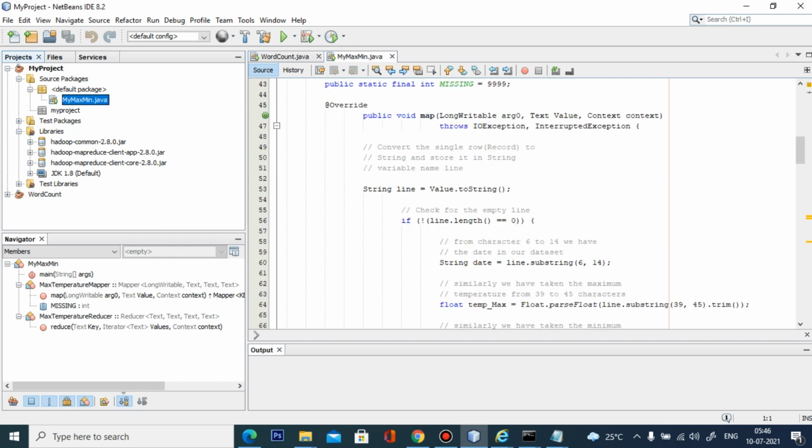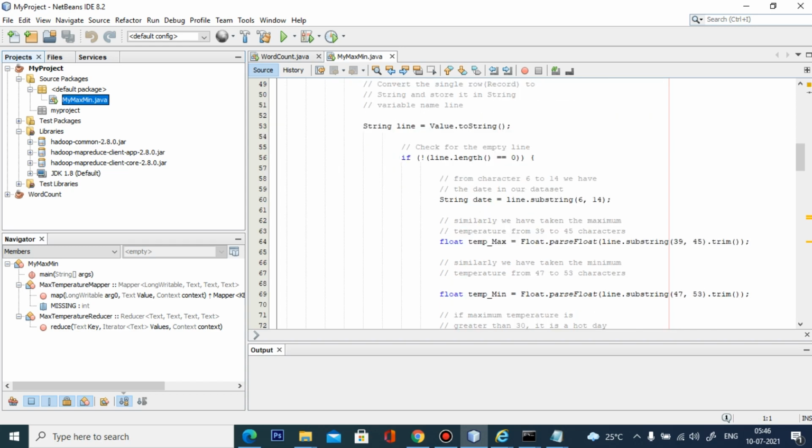Here we get the entire line, convert it into a string, and assign it to the string variable line. Next we are going to check for an empty line.